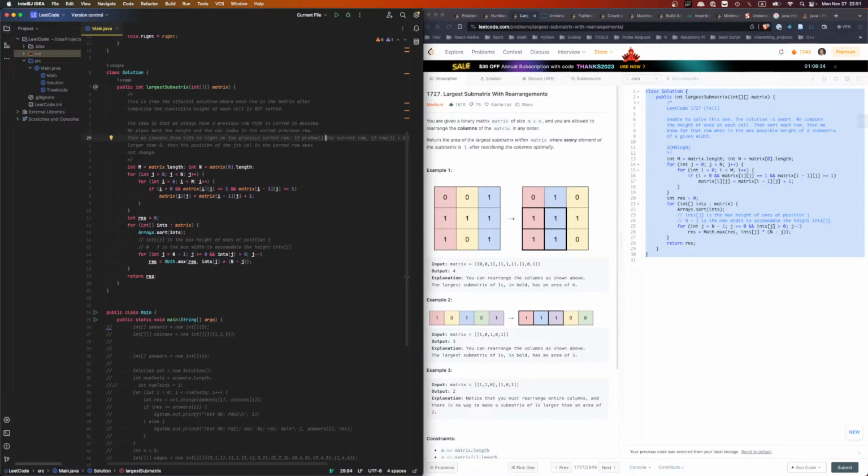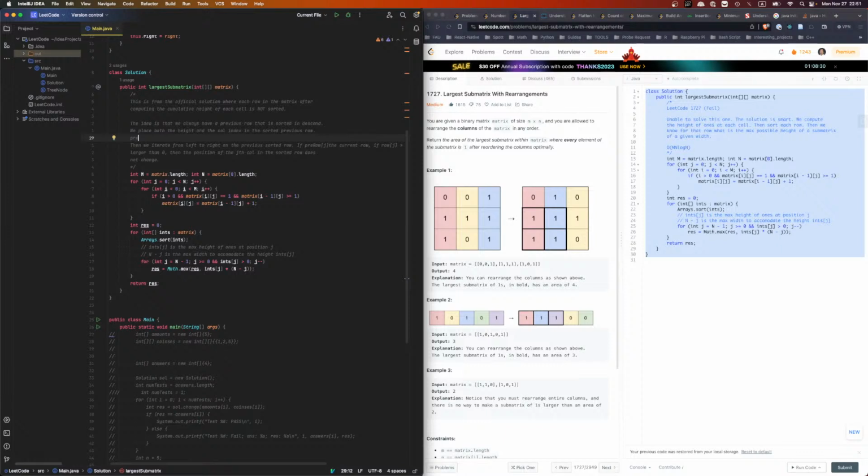If pre-row j equal to height, column. Okay, so if pre-row j